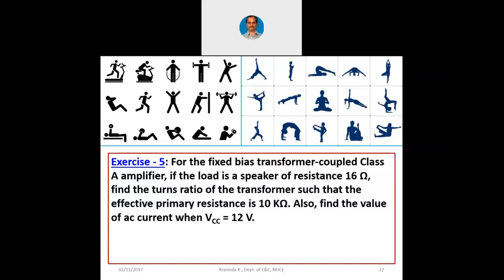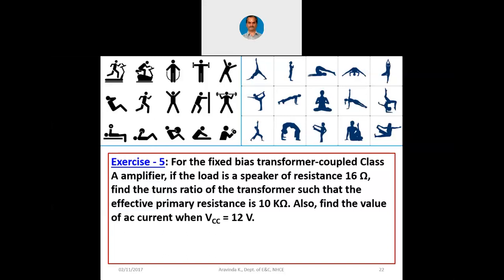And let us say in a very big audio function, maybe in a DJ show or in a musical concert, if you stand near the loudspeaker, you can feel as if your body is also vibrating, because the loudspeaker is pumping that much of power into the air and the continuous air column is vibrating. Actually, the complete air column is going to vibrate and the audience will be inside this air column. So at times you can see even your body vibrating, because it is basically a resonance happening there.